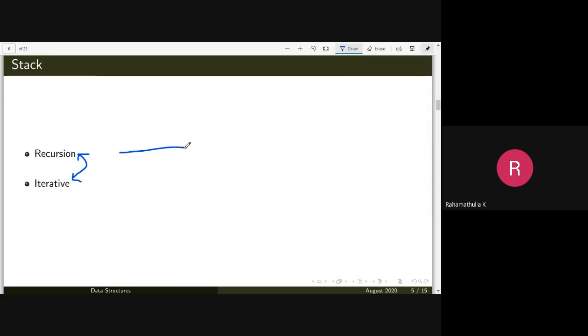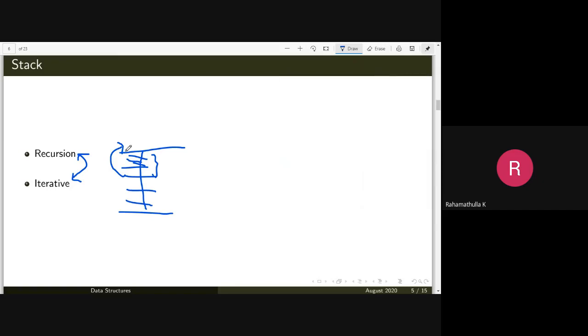So you have a function here. In this one, there are a lot of statements, and this statement is going to call the function again. It means you are done with some of the statements, and this statement has produced some result.